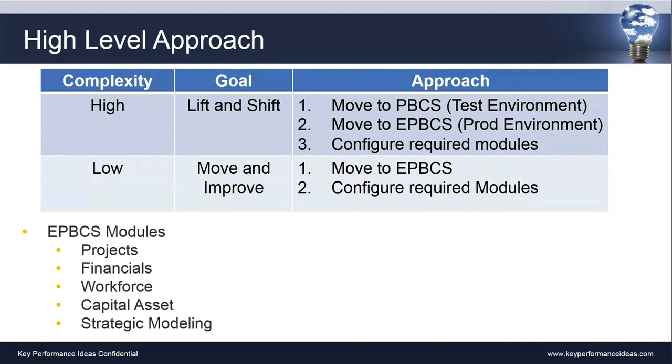The capital asset module utilizes asset amortization and depreciation for different assets, as well as provides planning improvements, retirements, and transfers for these different assets as well. Finally, the strategic modeling framework is mainly for long-term planning, so what-if analysis and more so treasury initiatives, and it can also be used as a tool for stress testing, since it does provide a very strong what-if analysis in